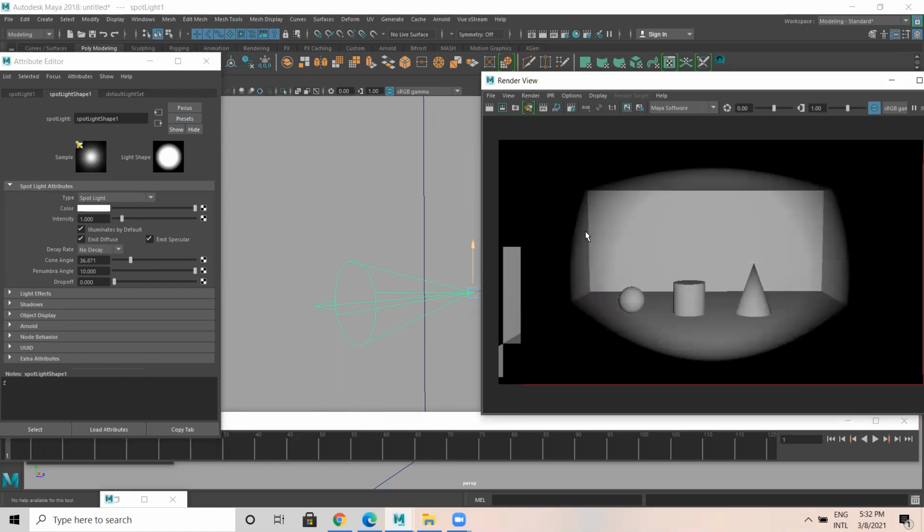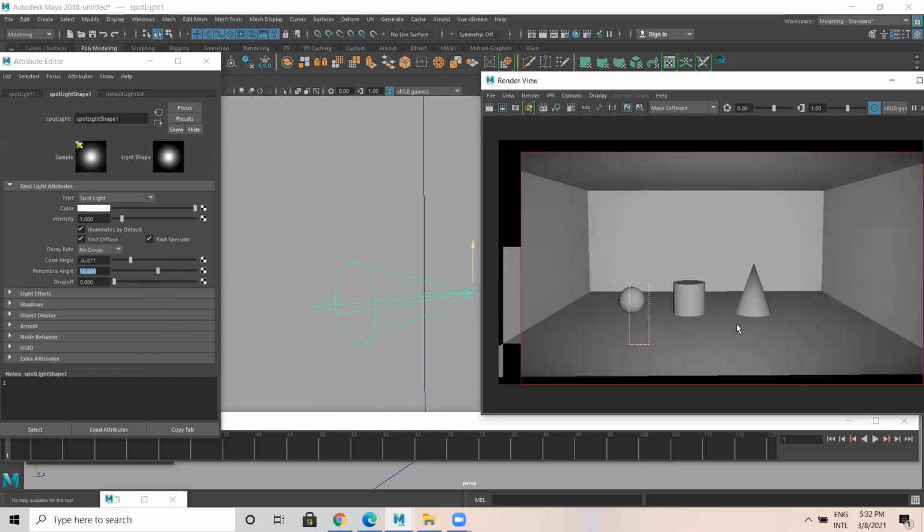See, instead of sharp you get a feather. Penumbra you can increase even more, so here it will be brighter. You get a kind of vignette effect somewhere here, and as light travels here, it dies. That's what happens in penumbra.